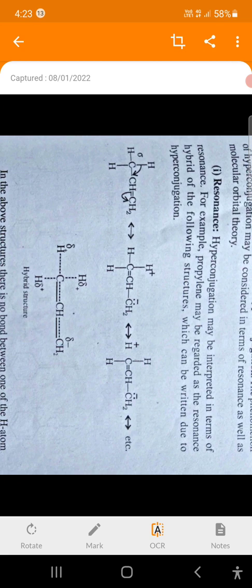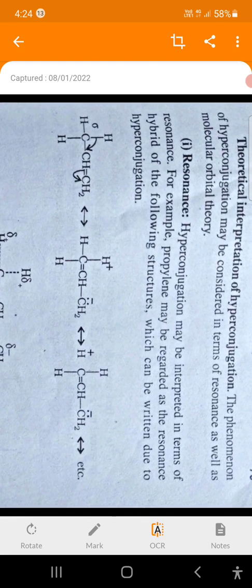But which carbon hydrogen bond? That hydrogen which is present on the alpha carbon, alpha to the double bond, is known as C alpha H. Therefore, hyperconjugation is a special type of resonance in which the C alpha H covalent bond participates in resonance or in delocalization. That is known as hyperconjugation. See here, for example,